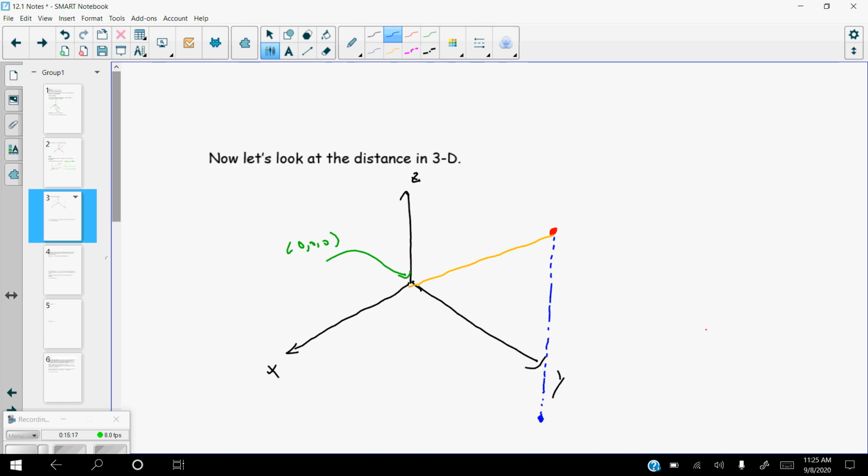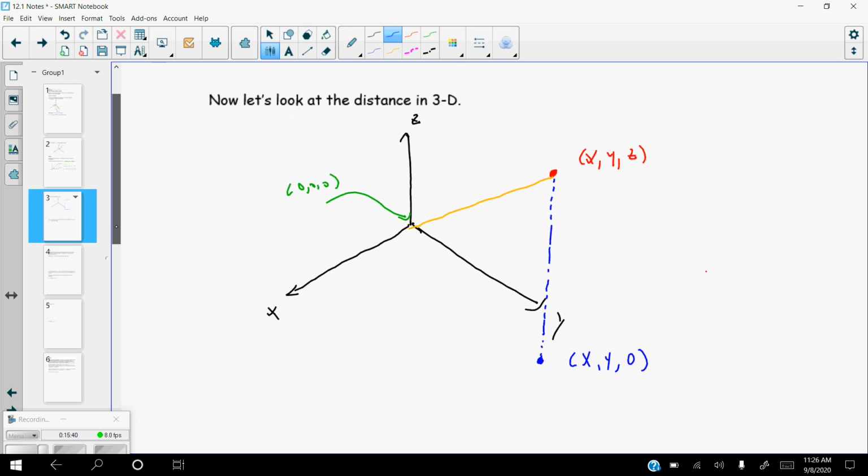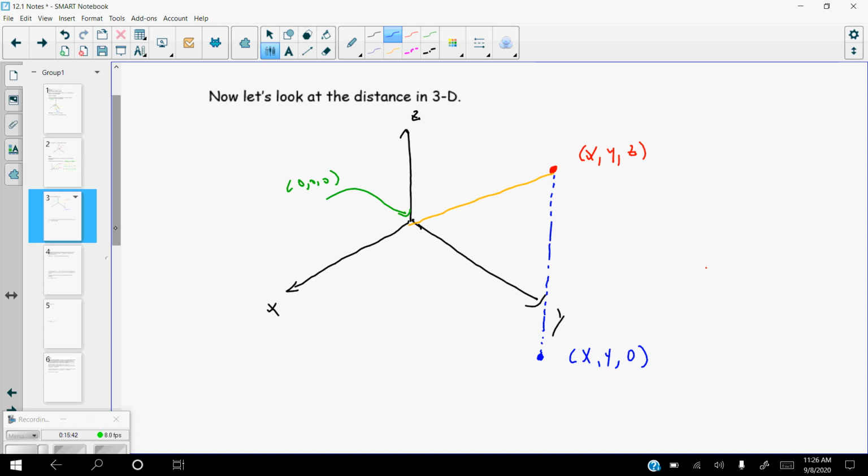So that point right there would be some kind of an x and a y value, but z would be 0. As a matter of fact, we're going to call our point up here just xyz. This point down here at the bottom would be the point x, y, 0, because there would be no height to it. Z has no height there. So really, I can find the distance from the origin out to the blue point